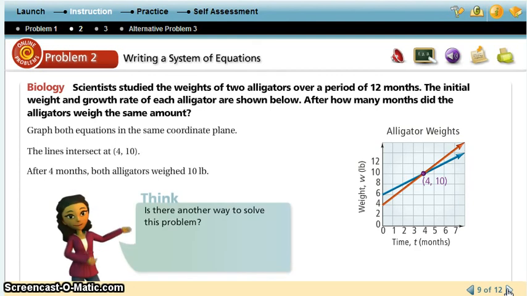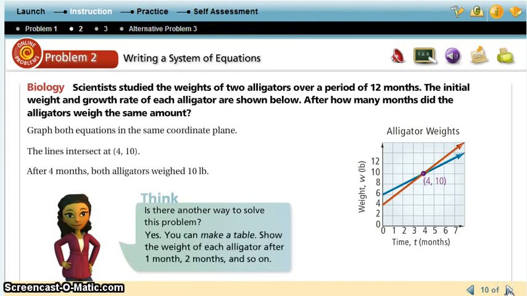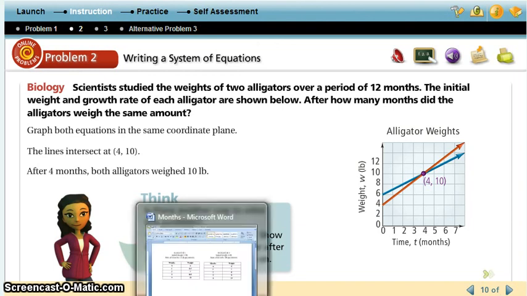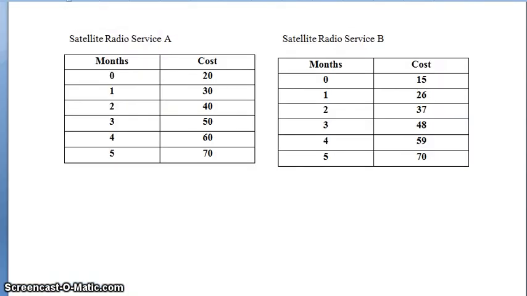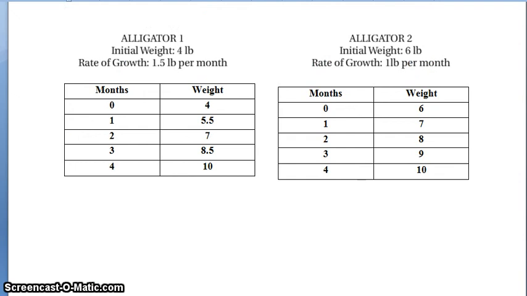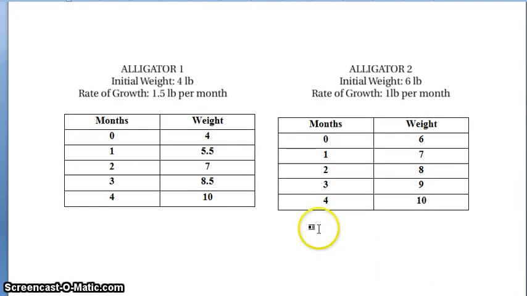Is there another way to solve this problem? Yes, you can make a table. Show the weight of each alligator after 1 month, 2 months, and so on. An example of a table for the alligators would look something like this, where alligator 1 at 0 months, when